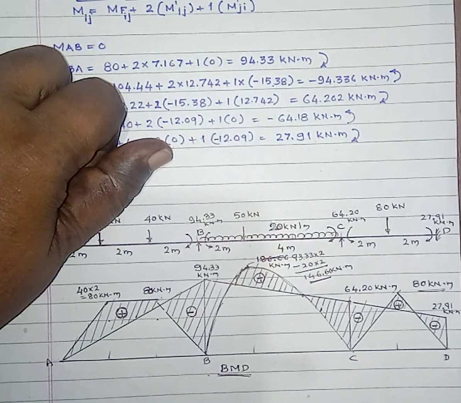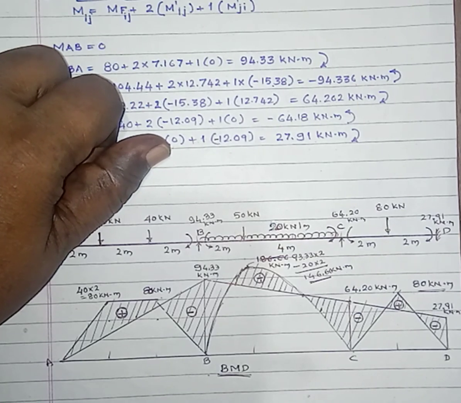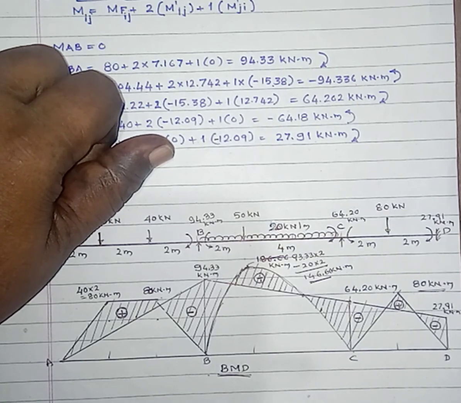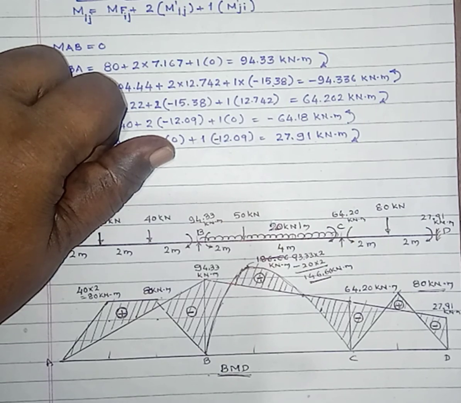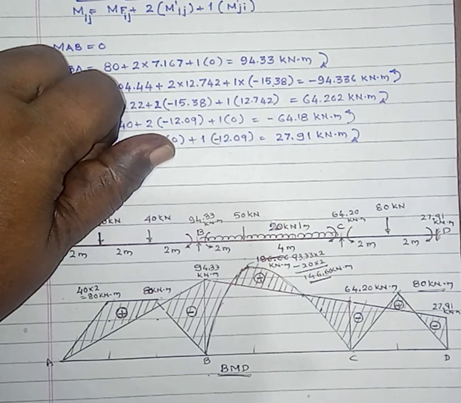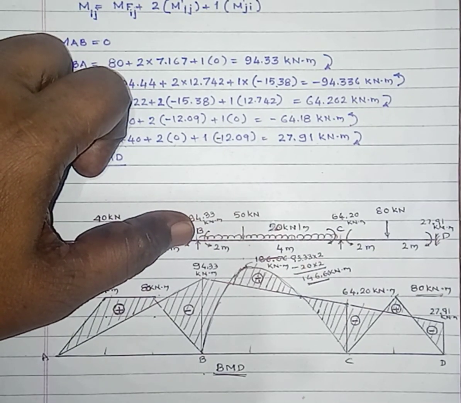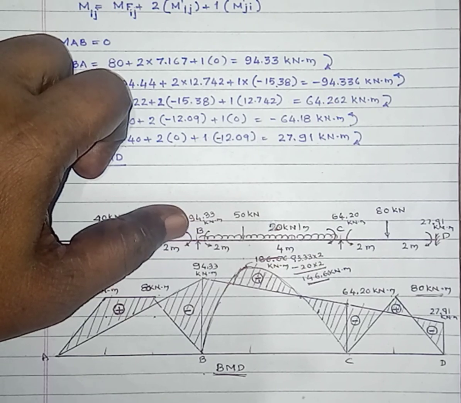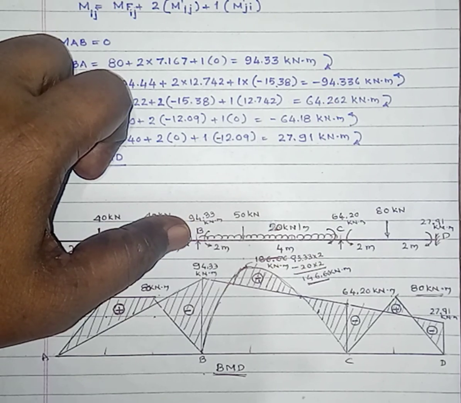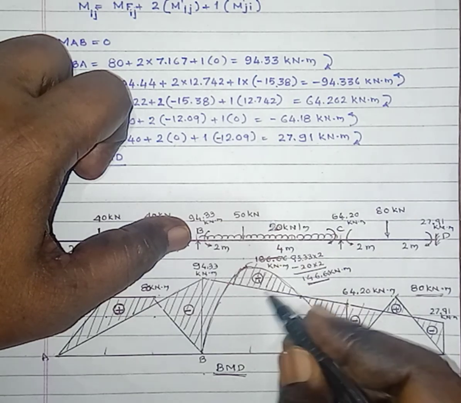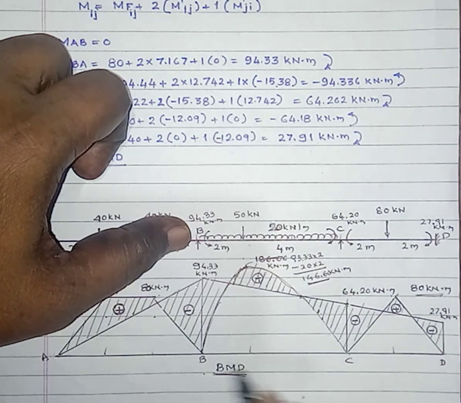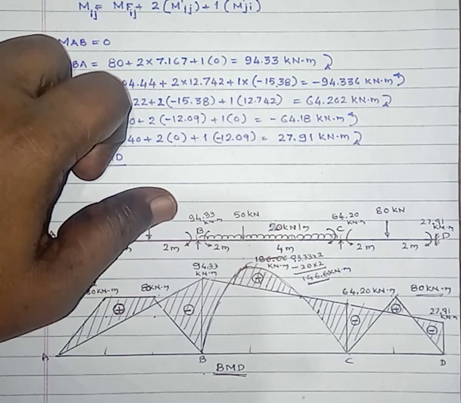Here you have to calculate the maximum bending moment in span BC, by considering the bending moment equation, that is RA into X minus WX square by 2, and by differentiating that equation with respect to X and setting dM by dx equals 0, we will get the value of X. Substitute the value of X in the bending moment equation to get the maximum bending moment at a distance of X from end B or C respectively. Here this is the bending moment diagram.